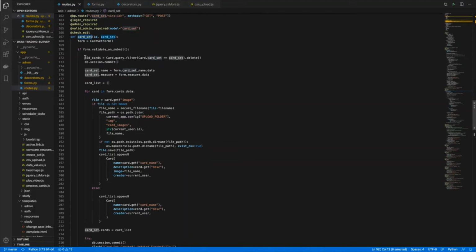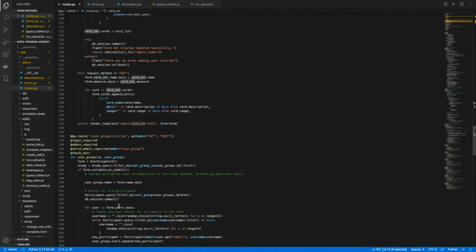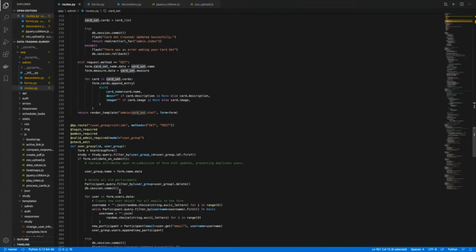If a card set is modified, based upon the new values that are submitted back to the server, we can't really tell what's actually been updated in terms of the actual objects within the database. So we just delete all of the previous objects associated with the card set, or in this case the user group down here.